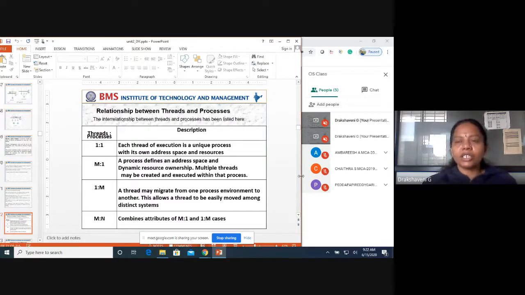And the third relationship, I have one thread, but within that one thread I would have created many processors, two or three processors. Within that I have only one thread. In many-to-many, I may create more processors and more threads. So that is the relationship between a thread and the process.